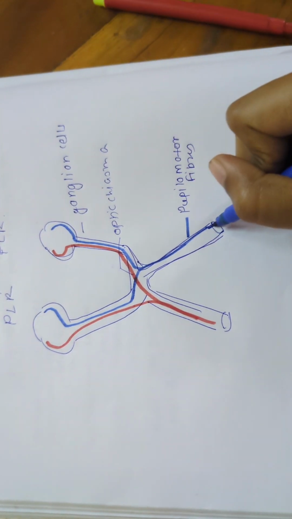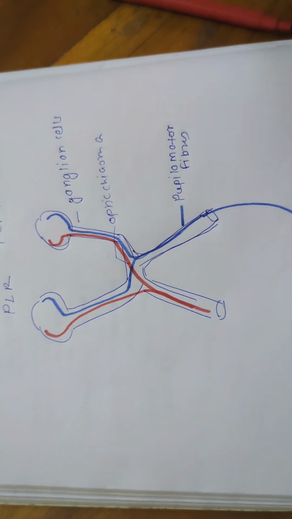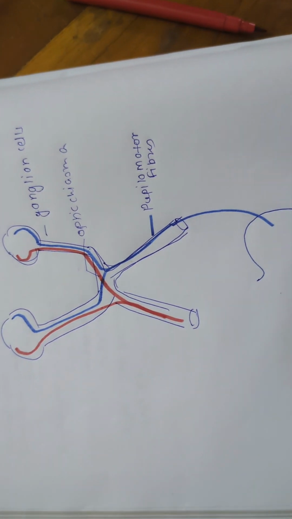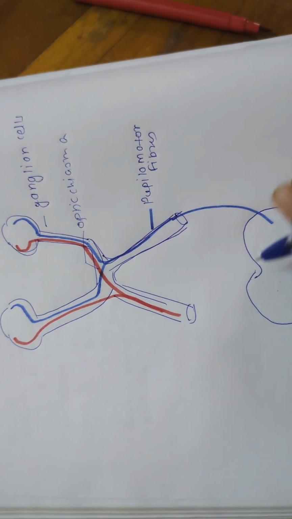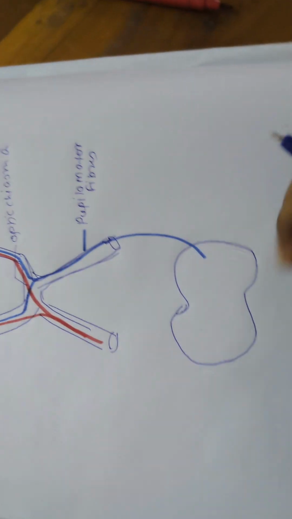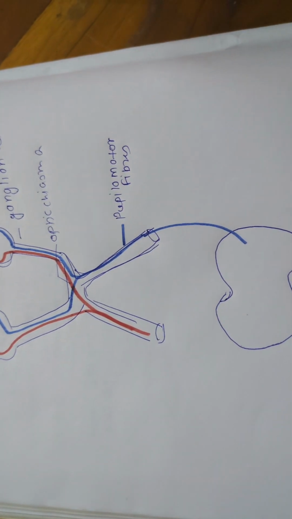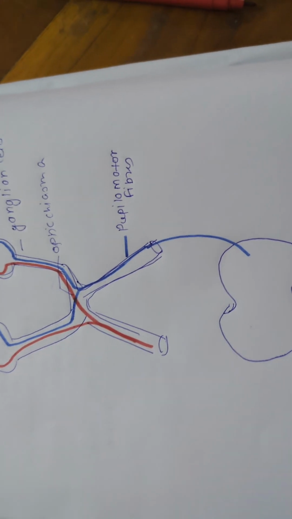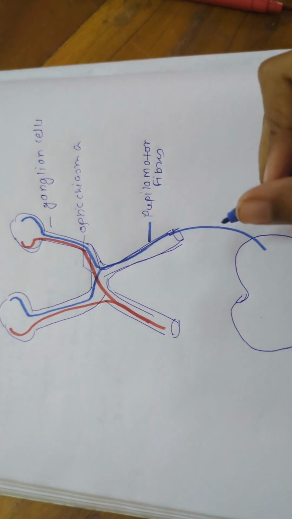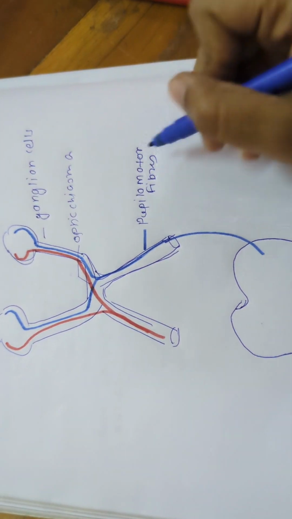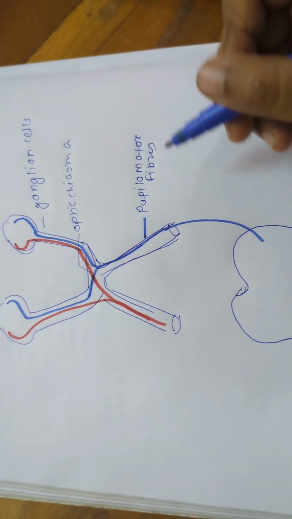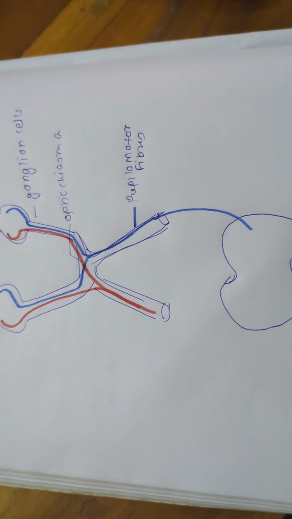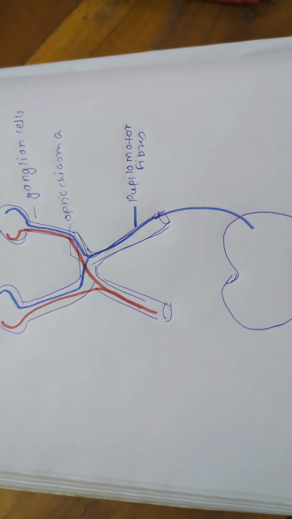Please don't mind my diagram, I'm just explaining. If you want to see a good diagram, I will upload proper notes. So these are pupillomotor fibers. They leave before the lateral geniculate body, and